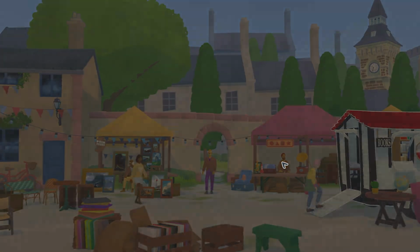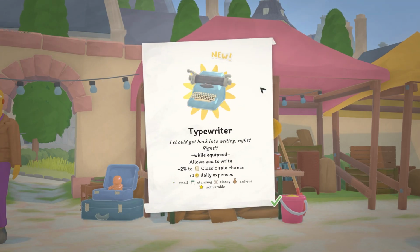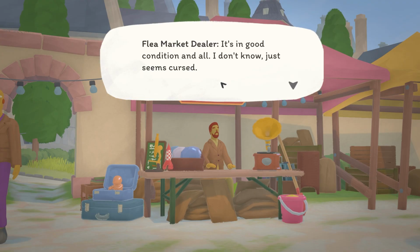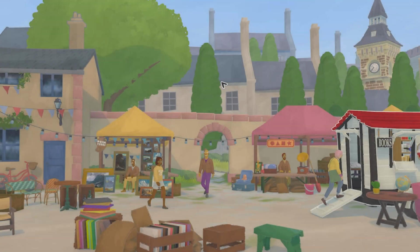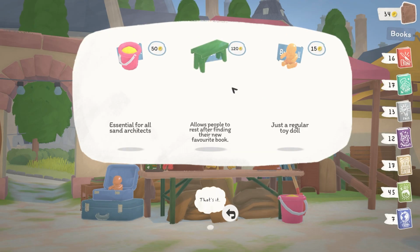Then we've got somebody over here. What are they going to sell us? There's loads here. Oh, a typewriter. Thanks, mate. Classic sale chance. Excellent. It's in good condition and all. I don't know, just seems cursed. If you found a typewriter in a flea market or a charity shop, they'd not be giving it away for